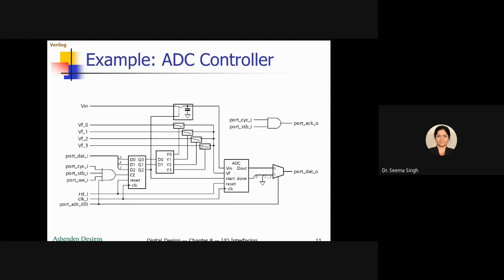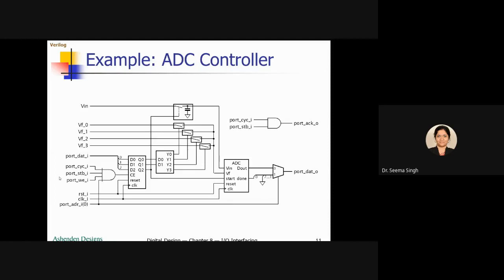Now you all know from the previous example of the keypad controller that there is an acknowledgement to the Gumnut processor. In this diagram, the Gumnut processor is not shown, but you already know how the Gumnut processor works. All this port data I, port cycle I, strobe I, write enable I are directly connected to the Gumnut processor.